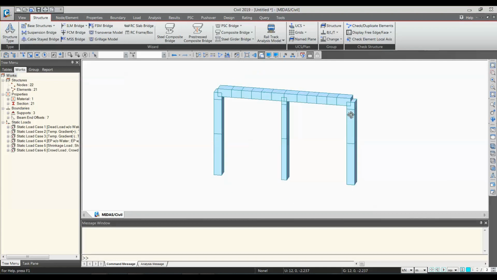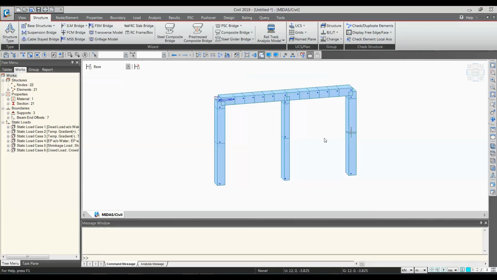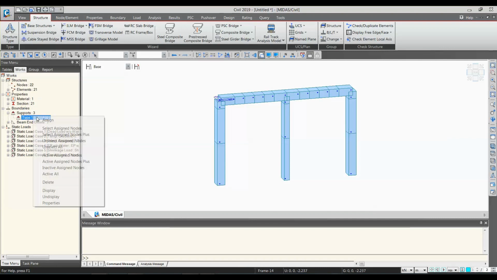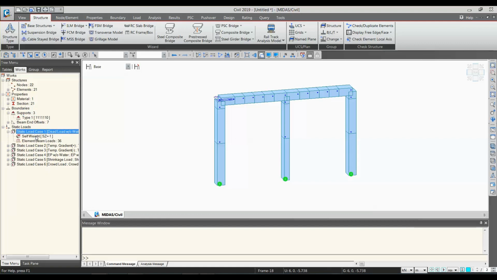Okay, so can you see here, I have generated the frame structure. As you can see here, the support conditions are fixed at the bottom, and dead load is applied as self weight, as well as all the cases, such as pavement thickness, crash barrier, everything. So there will be multiple values present over here as element beam loads.